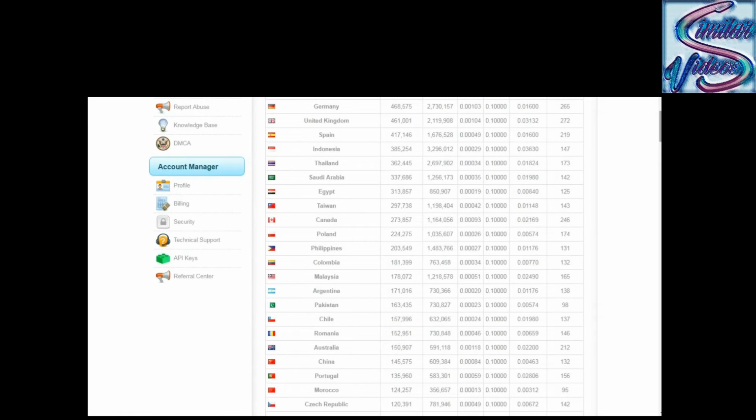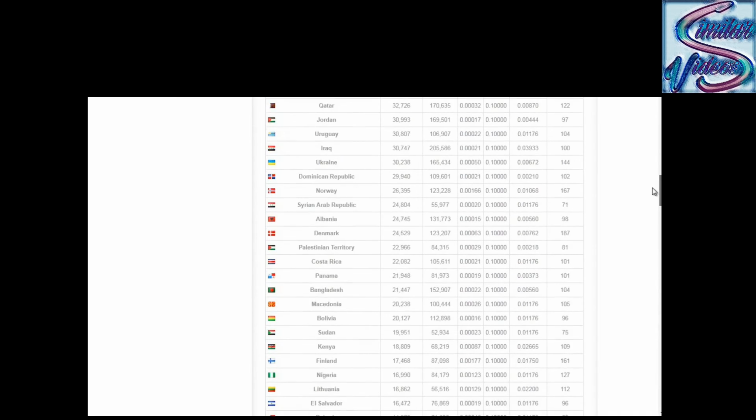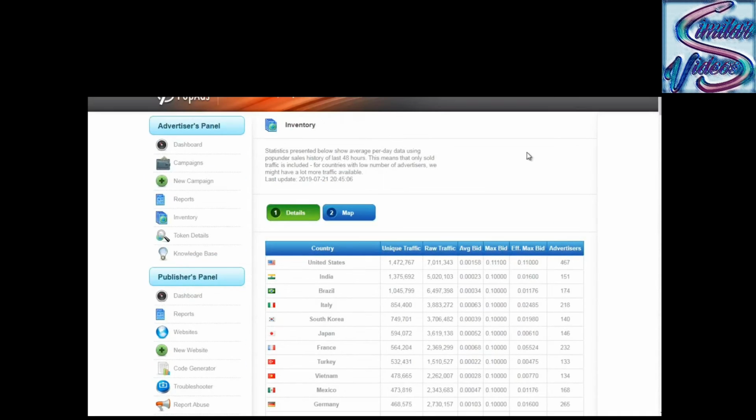So this allows you to see all the countries and where all the traffic is coming from. Now, you're not able to see it, but basically in the top right-hand corner, I can see my balance of how much money I have in my account, but I didn't want to show that because the name is up there as well. Now, when you're ready to create a campaign, you click on New Campaign,